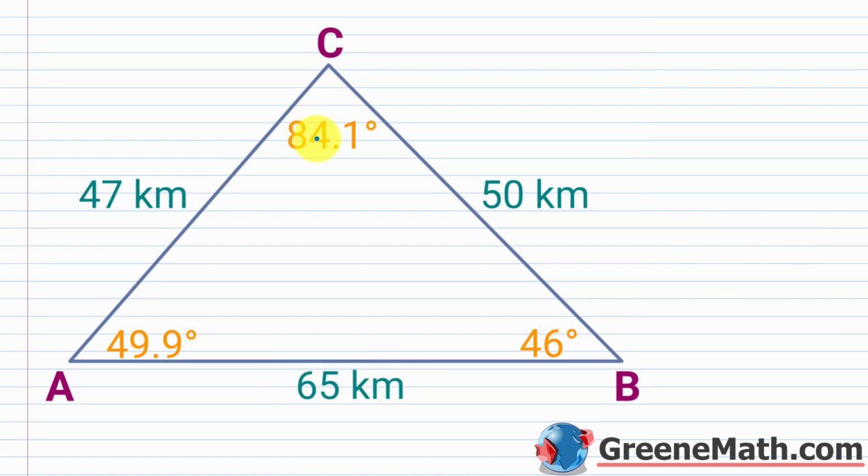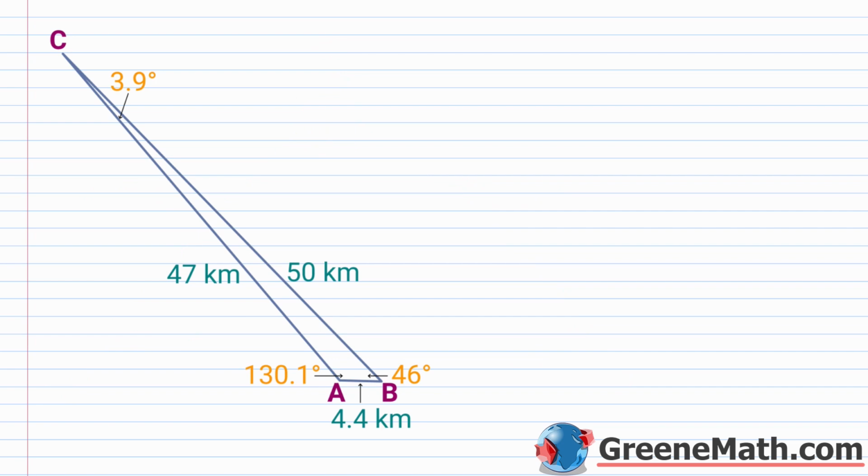This is approximately 84.1 degrees. This is approximately 49.9 degrees. But this was given, and this was given. Okay, so if you wanted to make something that's completely accurate, just make sure you indicate what's an approximation and what's actually a given value. Now let's come down and think about the other triangle that can be formed, and then I'll go ahead and